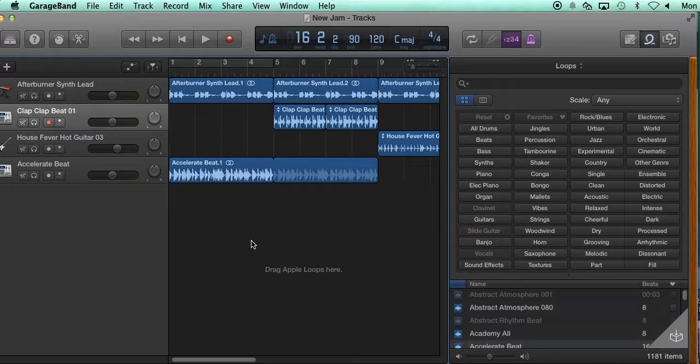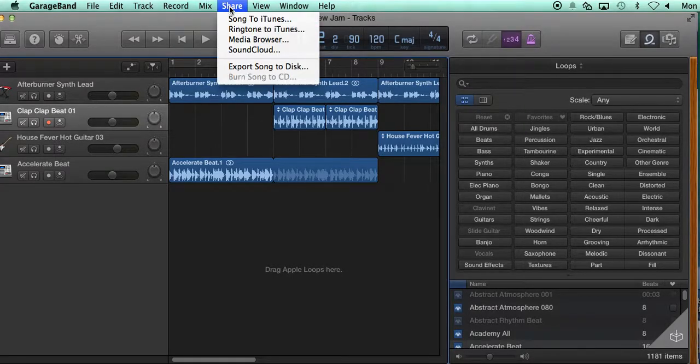We can use GarageBand to save our GarageBand files and creations in different audio file formats, and it's very easy to do. The menu that you want to use in GarageBand to do this is up here at the top where it says Share. You can go in there, and there's a lot of different ways that you can share what